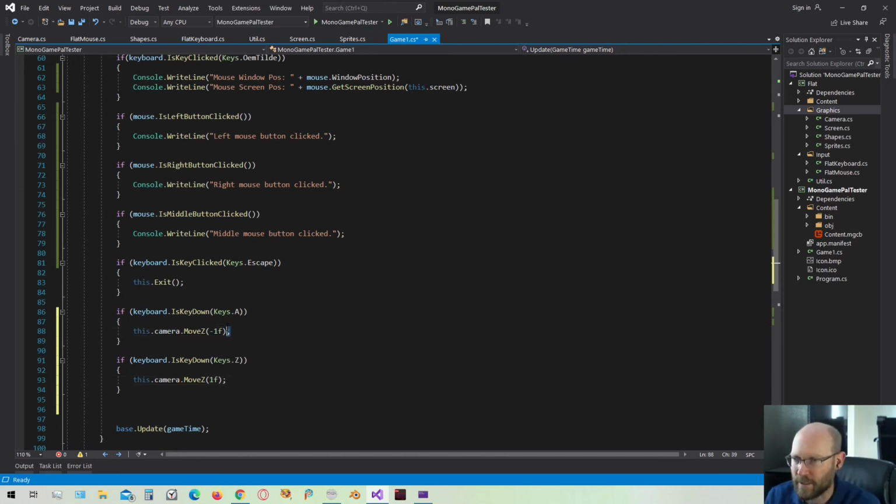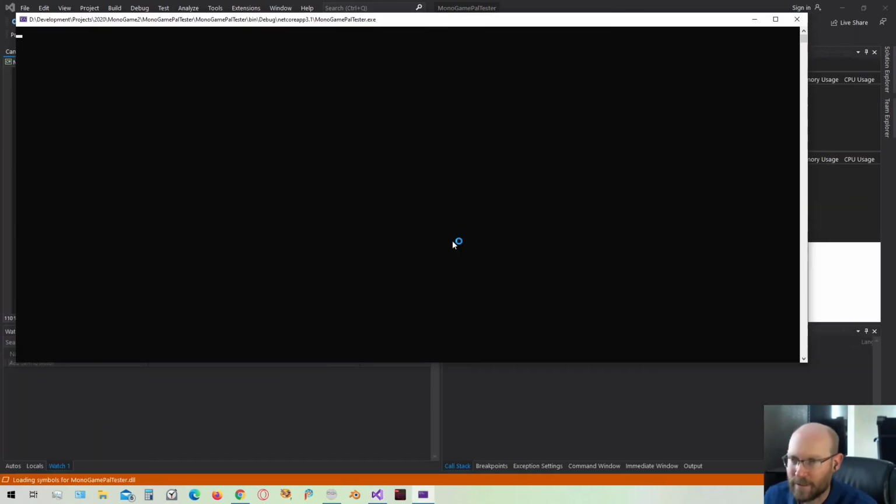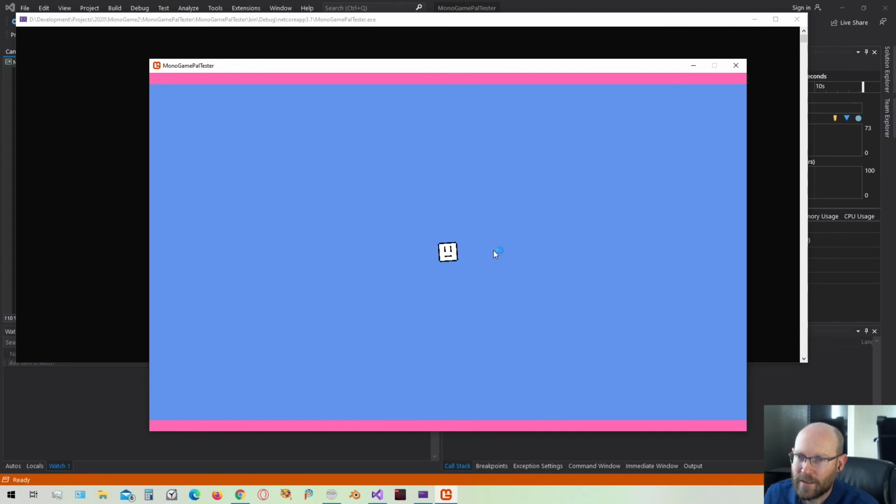A is going to be zooming in. We're going to get -Z values. We're going to decrement Z, and we're going to increment Z using the Z button. I think that should be enough to give us that zoom feature. Let's see if it works. There we go. And you can see I am zooming in and out of the scene just by pressing the